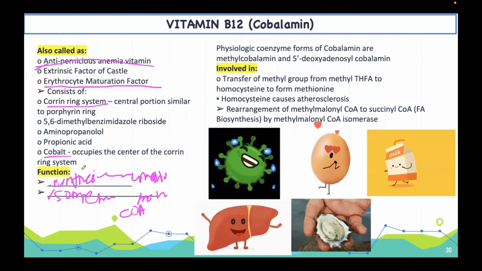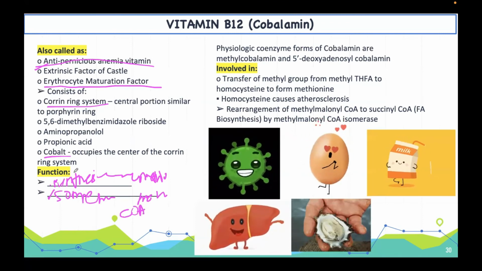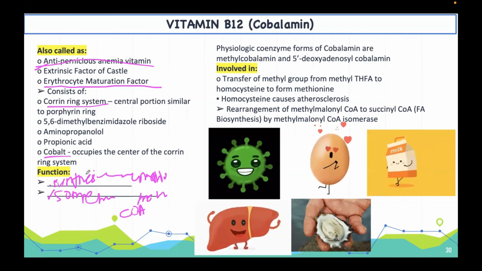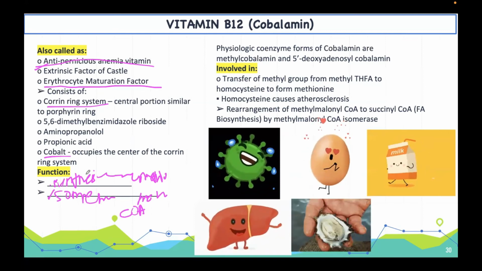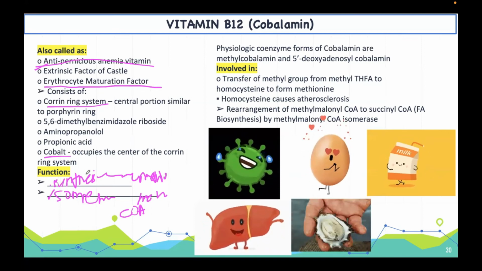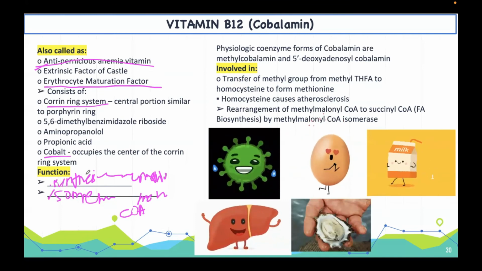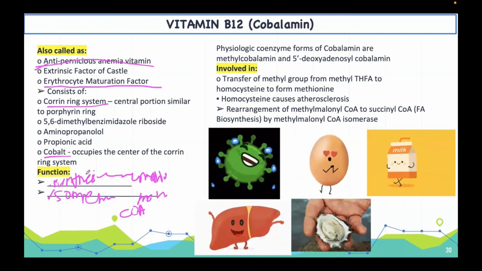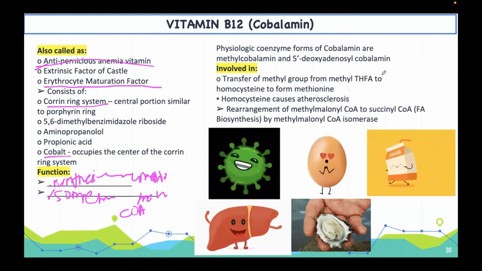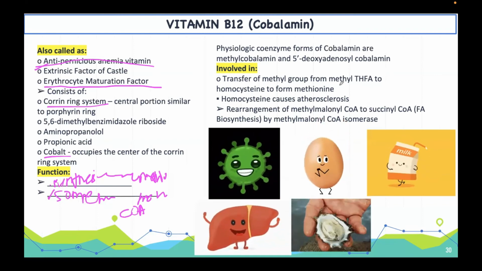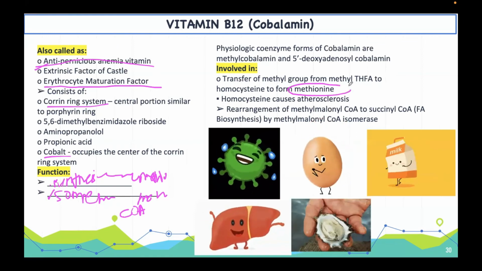Okay, what are the two functions of your vitamin B12 or your cobalamin? We have number one for the synthesis of your methionine and number two for the isomerization of methylmalonyl CoA. It is mainly involved in the transfer of methyl group from methyl THFA to your homocysteine to form methionine. And homocysteine causes